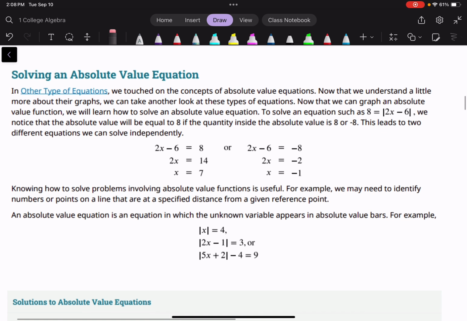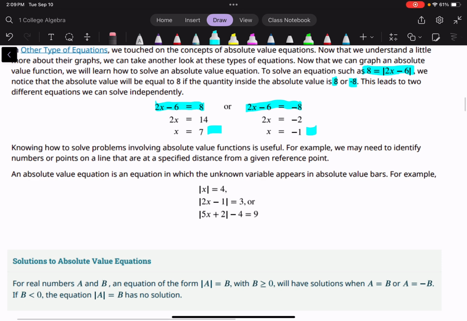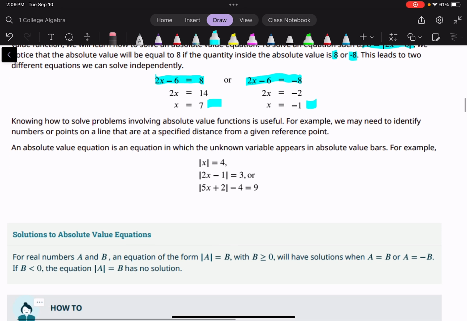So we know that if we're given this equation, 8 equals the absolute value of the quantity 2x minus 6, what's inside of the absolute value bars will be equal to 8 if this number is either 8 or -8. And so it splits into two different equations that we solve independently, because they'll have two solutions, very much like the quadratic. And so then you just end up with two different solutions, and we include them both. So in that case,